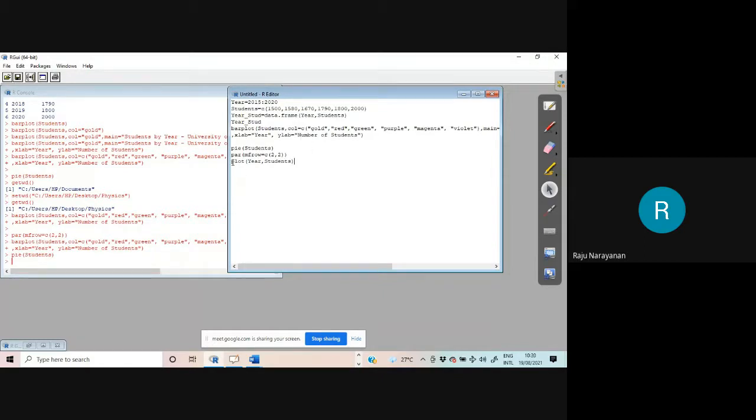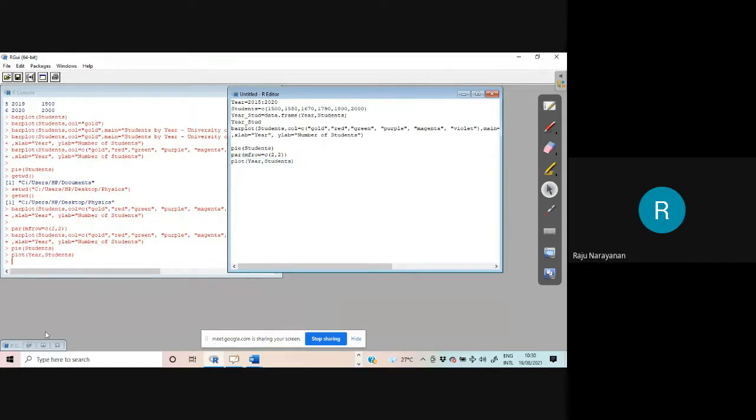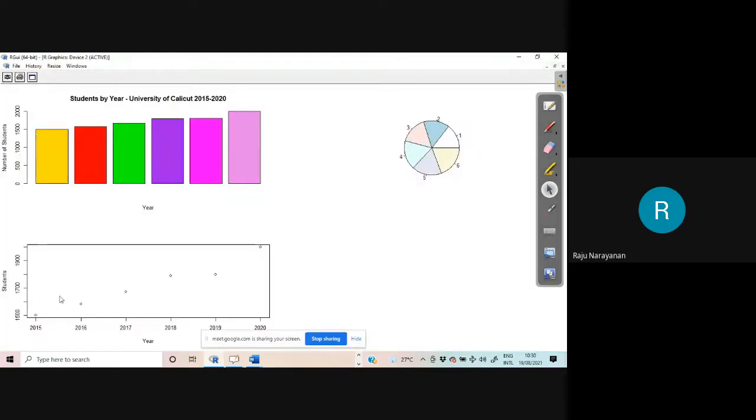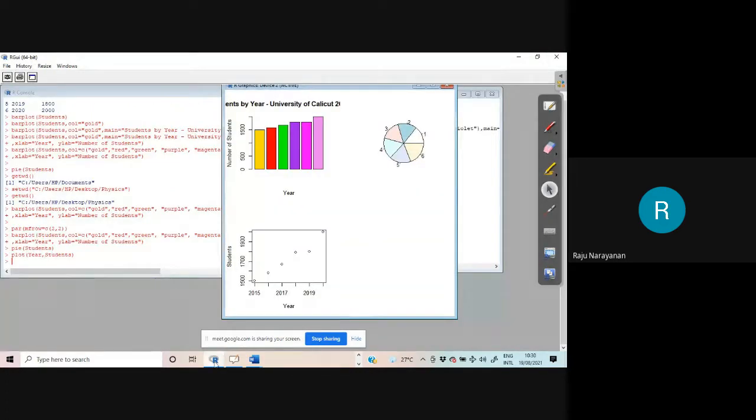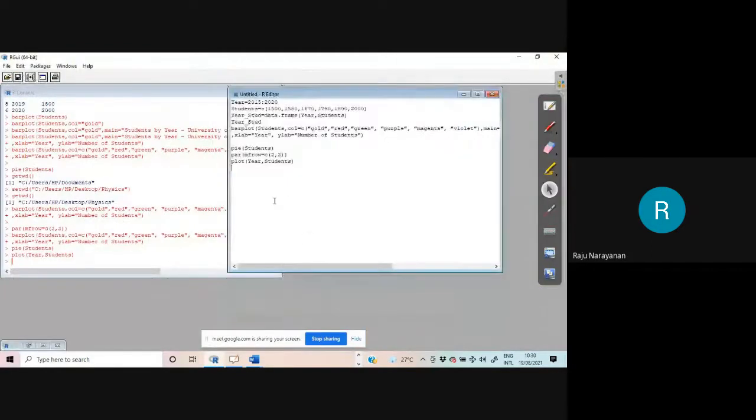It will be sitting here. One more graph. Let me change c(1,2,3,4,5,6).